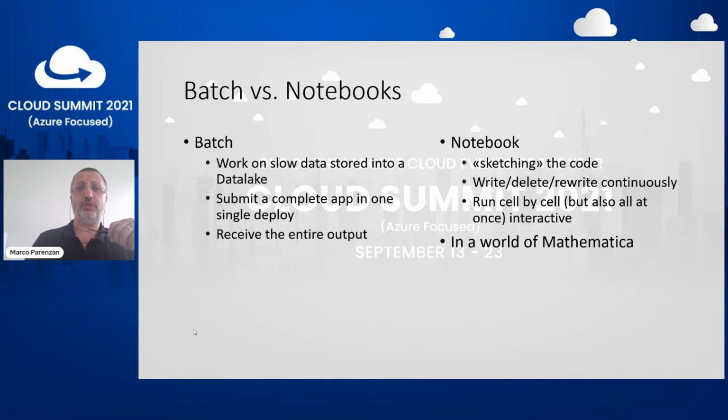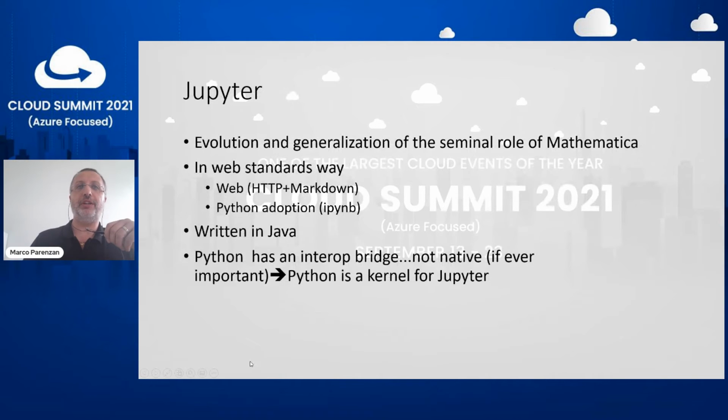Then there are notebooks. Notebooks are an interactive tool where you can write code on the Spark cluster, obtain intermediate data, and change your code as you are writing. So you are experimenting, sketching code until you find what you wanted to find. These are two important tools. Overall, the notebook experience is very common. In fact, you have Jupyter, the notebook implementation in this web-oriented, data science-oriented world.